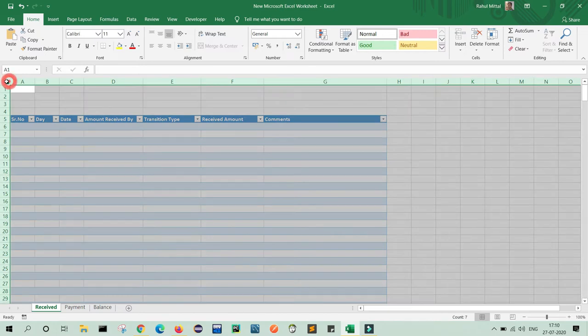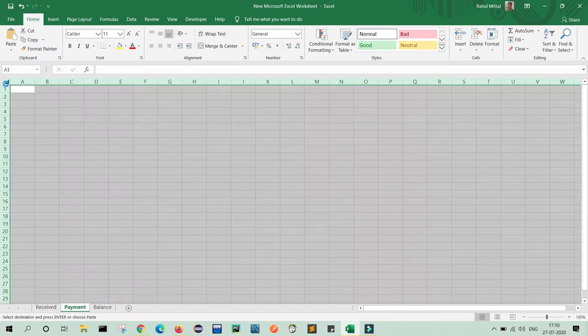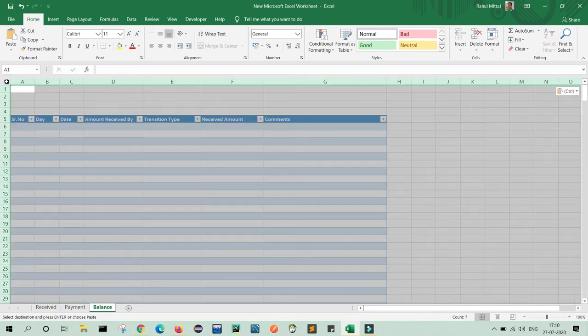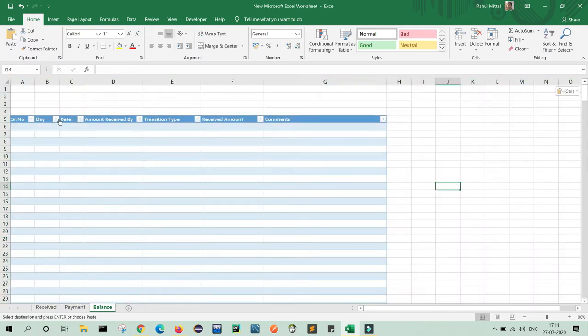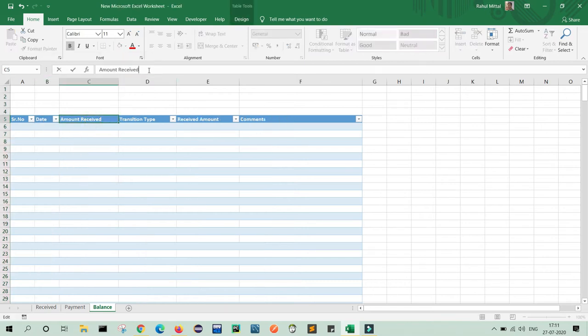Similarly, I will just copy and paste it in payment because I want the same UI there. In balance, I will copy and paste everything, and here I will keep the serial number and date. So I just remove the day column here, keep date, amount received, just the UI.